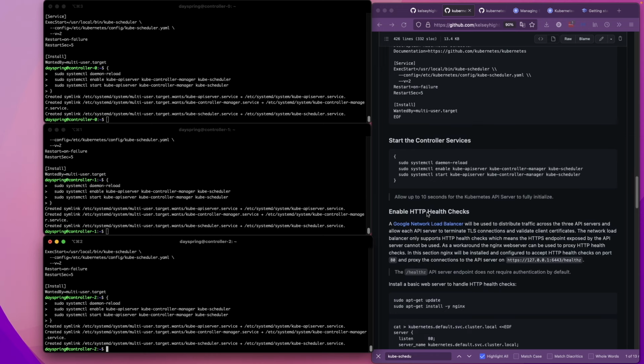Enable HTTP health checks. A Google Network load balancer will be used to distribute traffic across the 3 API servers and allow each API server to terminate TLS connections and validate client certificates. The network load balancer only supports HTTP health checks, which means the HTTPS endpoint exposed by the API server cannot be used. As a workaround, the Nginx web server can be used to proxy HTTP health checks. In this section, Nginx will be installed and configured to accept HTTP health checks on port 80 and proxy the connections to the API server on this